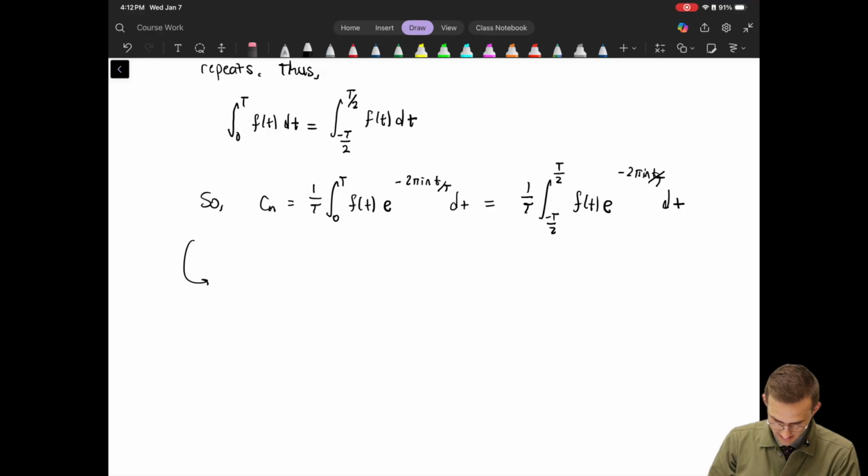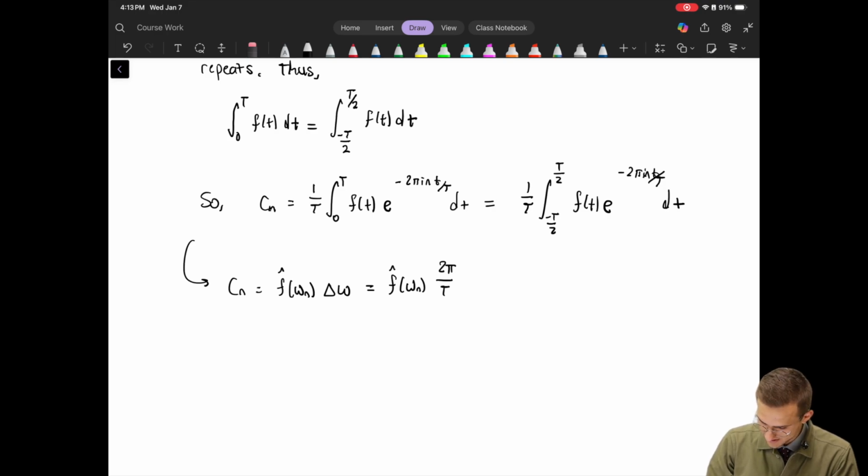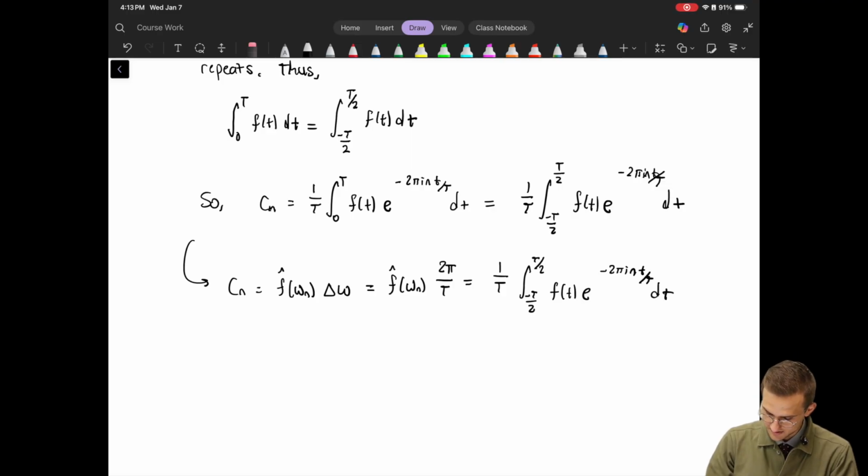Okay, and then we rewrite this and bring in f hat into the mix. So remember, Cn is equal to f hat of omega n times delta omega, which is equal to f hat of omega n times 2 pi over T. That was the definition of delta omega. And that's going to be equal to 1 over T times the integral from negative T over 2 to T over 2 of f(t) e to the minus 2 pi i n t over T dt. Okay, those 1 over T's are going to cancel. And then we take the limit